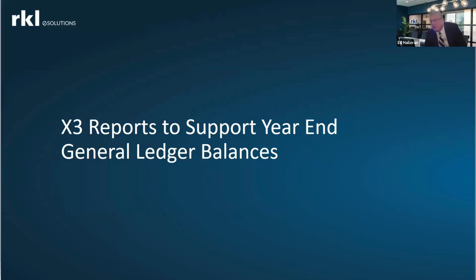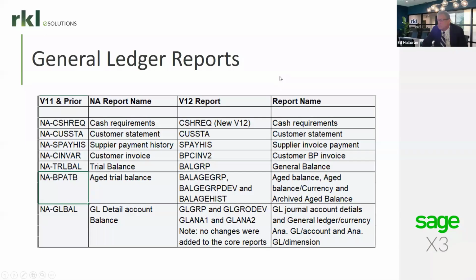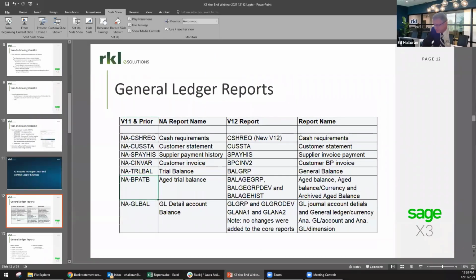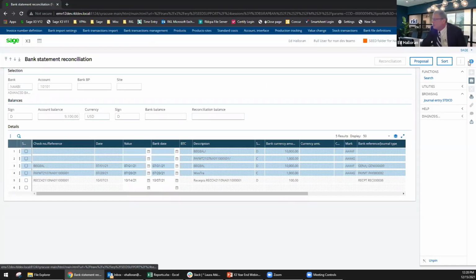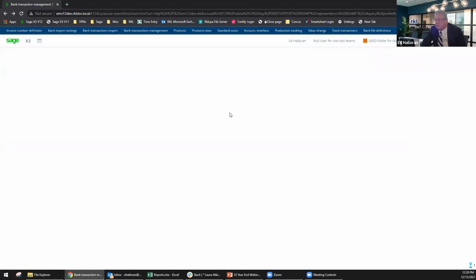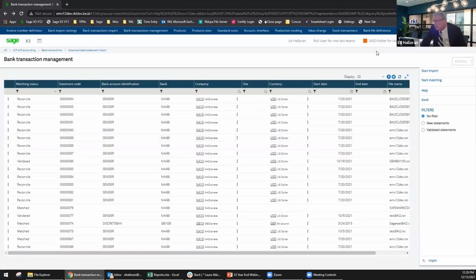All right, so X3 reports to support year-end general ledger balances. Before we talk about this, let's just recap. I'm not going to save anything here. If I go out to my landing page,